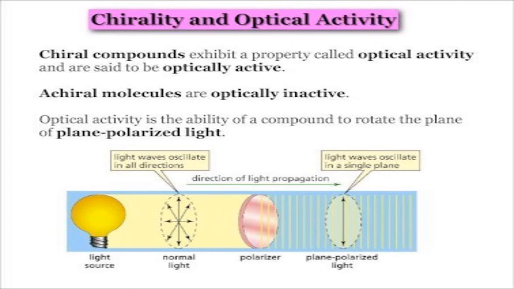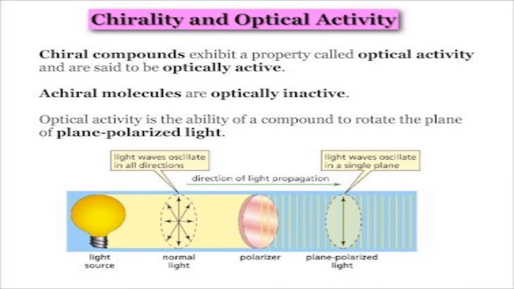Okay, so this hint was taken up by Van 't Hoff and Le Bel. They have nicely explained what is meant by optical isomerism, optically active molecules, or optical isomers. By seeing the structure, we will come to know whether a molecule is optically active or not. We will do practicals, no doubt, but without doing practicals, just by the structure, we will come to know whether a molecule is optically active or not. For this, we have to look at the structure.